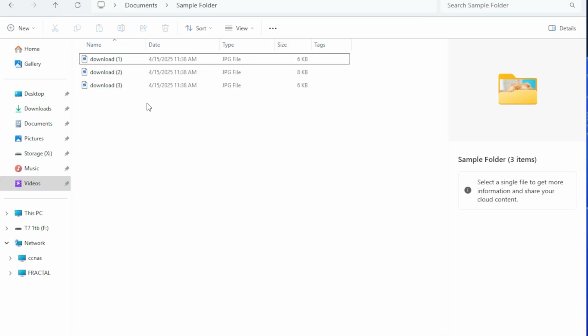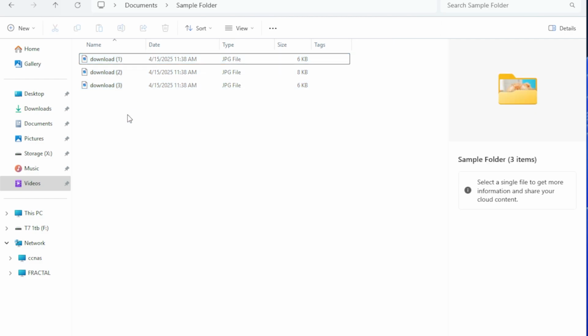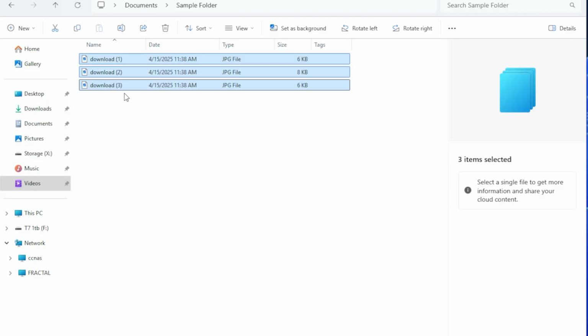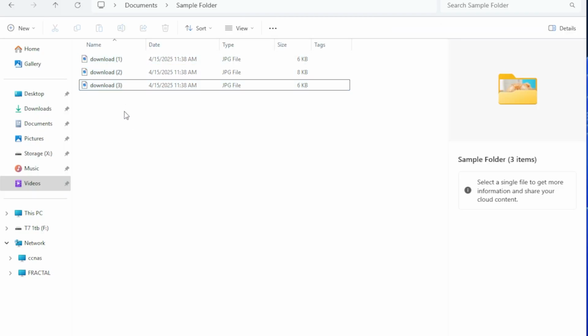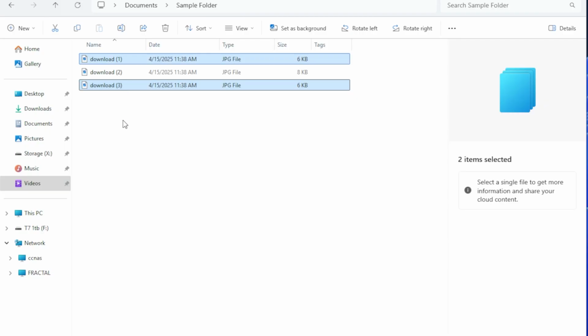Here we have some files we want to move to a new folder. You can select a file by clicking it, but what if you want to select multiple files? One option is to use your mouse to click in the window and drag the cursor to make a selection window over the files. When you release your left click, all the files will be selected. You can also use keyboard shortcuts. Select File 1, then hold down Shift and click File 3. This will select both and the file in between. If you don't want to include File 2, then you can click File 1, then use Control and click File 3. This will skip File 2.